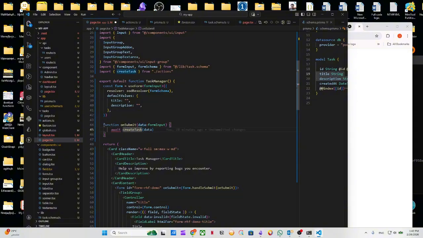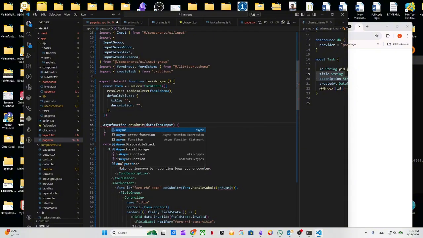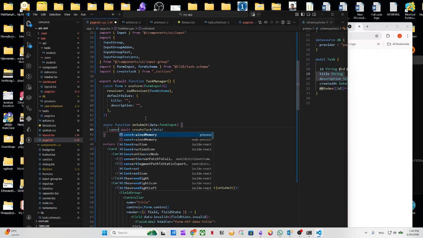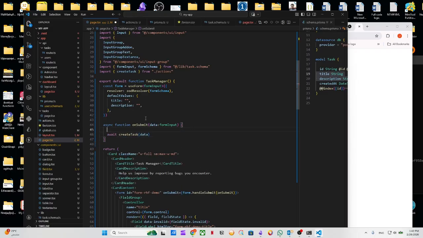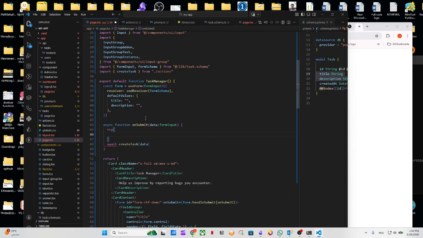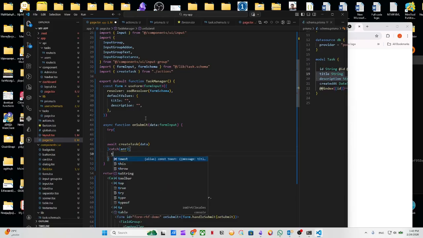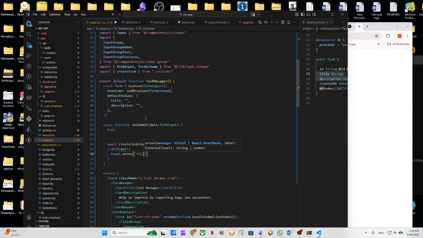And remember, we can't use await without async. And the create data, yeah, just use try catch, that's it. Try here, and remove this one, and catch here. So if there is an error, it's just going to display an error here. We can use toast for this. Dot error and failed to add,